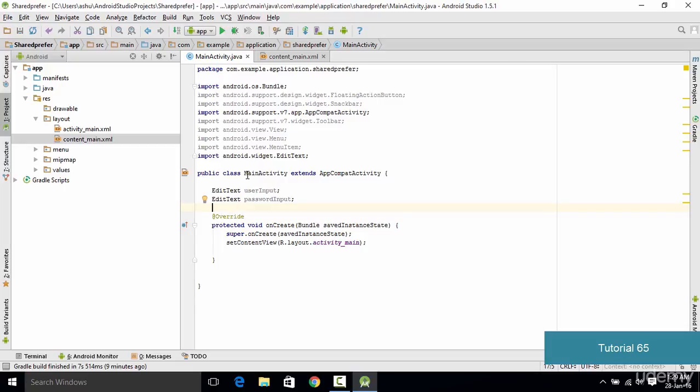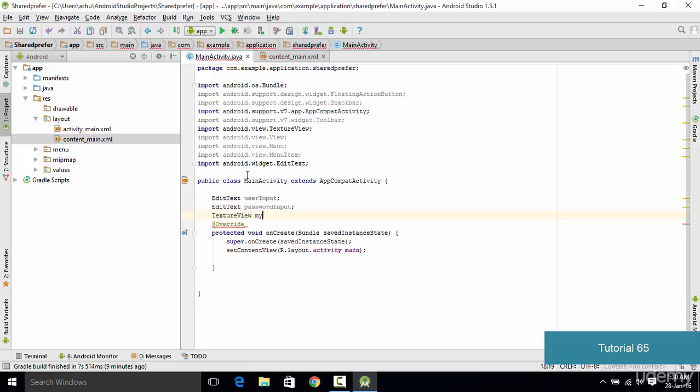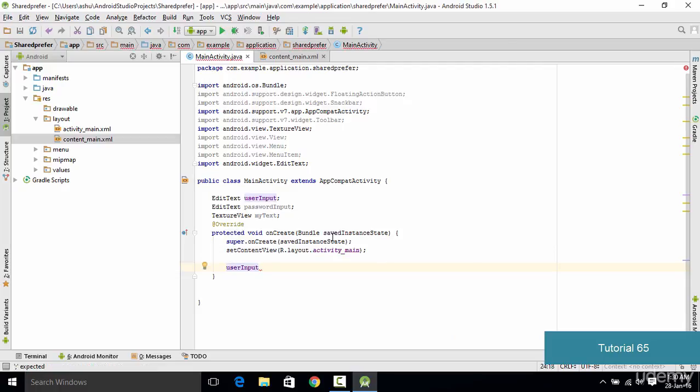So we copy it, paste it here and change it to passwordInput. And we also need a reference to text view. So we type TextView and let's say the text view's name is myText. So this is basically the declaration, and now we need to get an actual reference. So we go inside onCreate and we type userInput equals, as this is an edit text, we typecast it to EditText. Then we type in findViewById